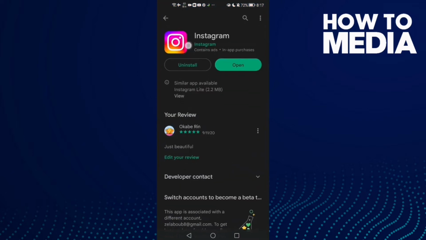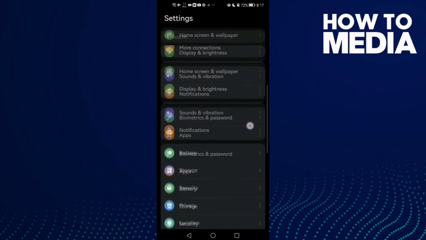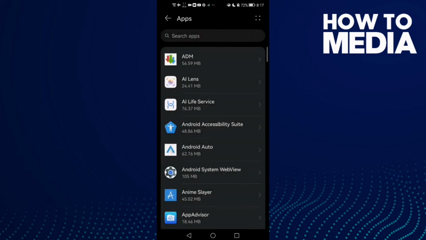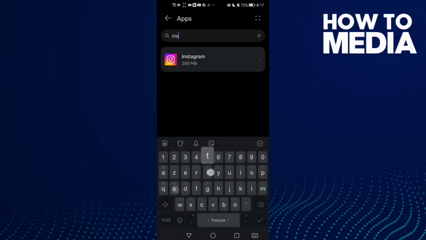Now make sure your Instagram is updated. Just see if there's an update here and then click update. It's easy. Now go to settings, scroll down until you find apps, then click apps again, and here type Instagram,